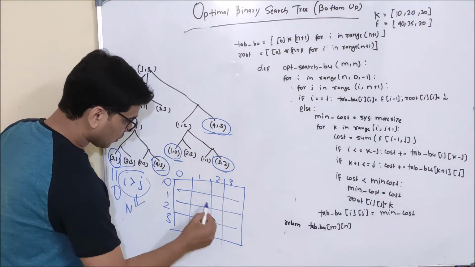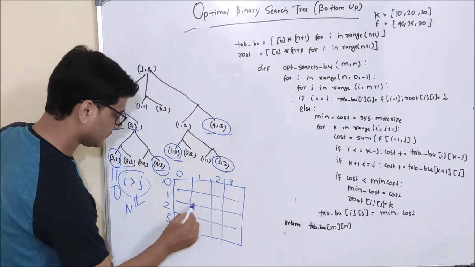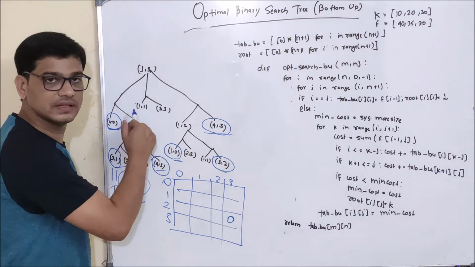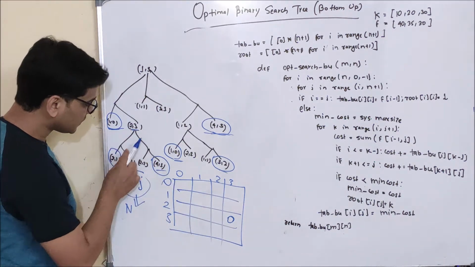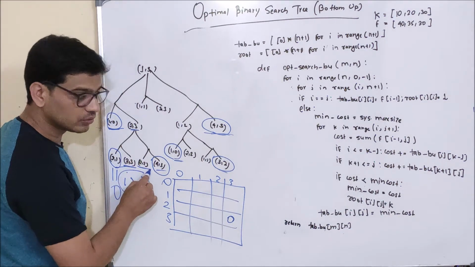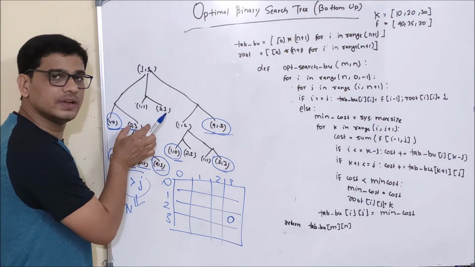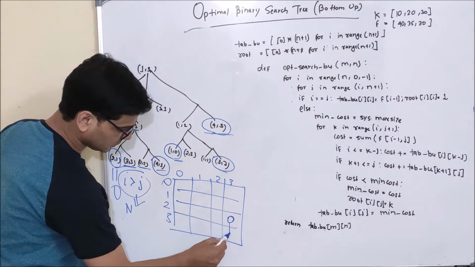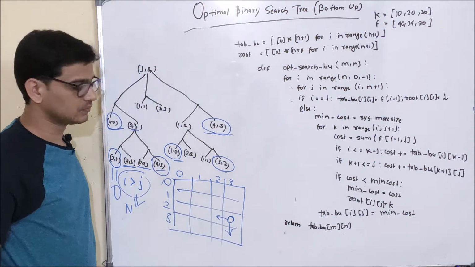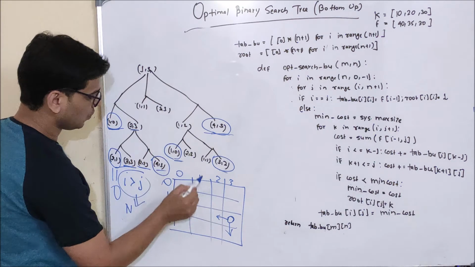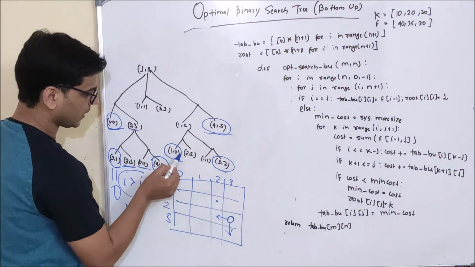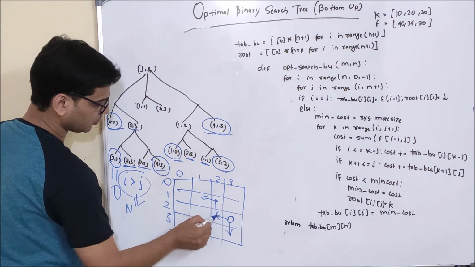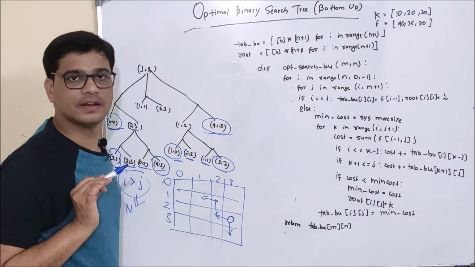See, where is 2, 3 coming from? This is cell number 2, 3. Okay, if you imagine this as a table, now it is taking its value from 3, 3 and 2, 2. That is, to come up to its own answer, it is taking the help of 3, 3 and 2, 2. So this is 3, 3, this is 2, 2. Now let's see 1, 2. 1, 2 is this particular cell, and with the help of 1, 1 and 2, 2, it will derive its own answer.